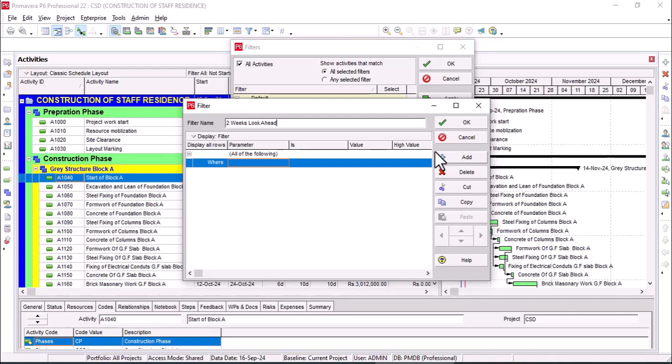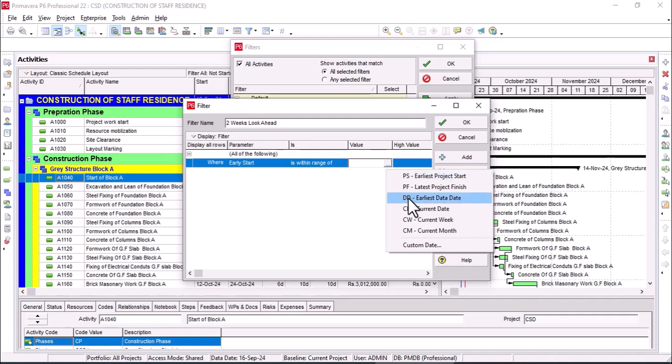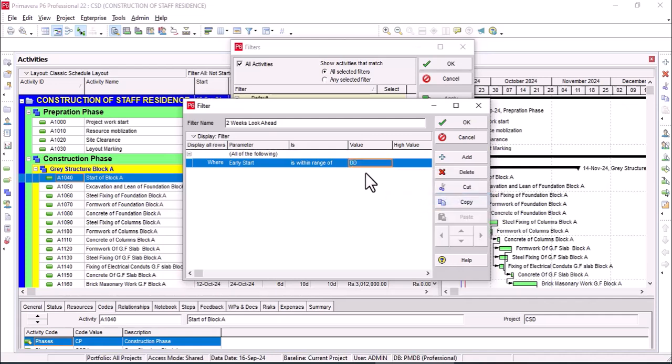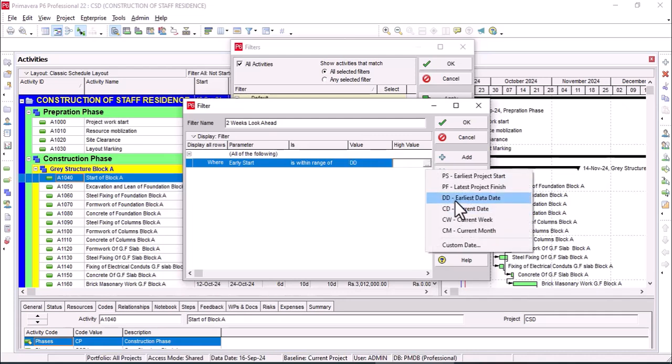Look ahead filter, and click Early Start. The value is within the range of DD, the earliest data date. It means the date up till which the progress is being updated is the data date line, and the highest value will be DD